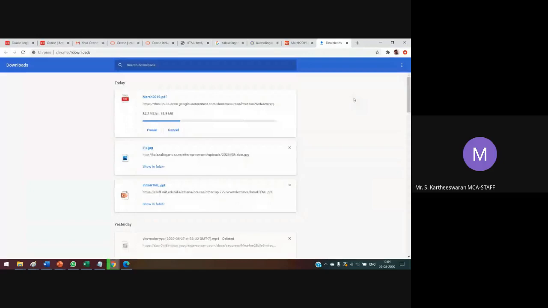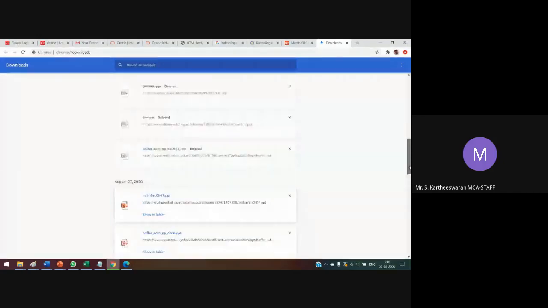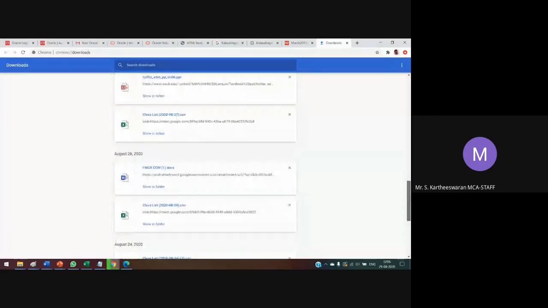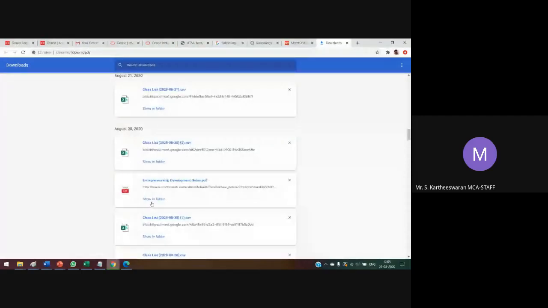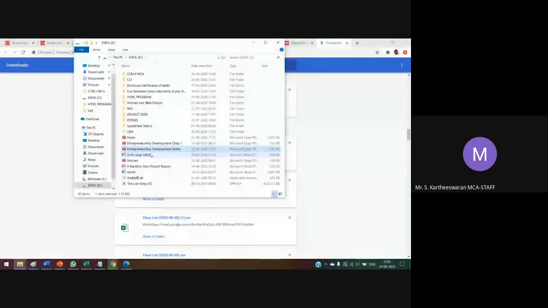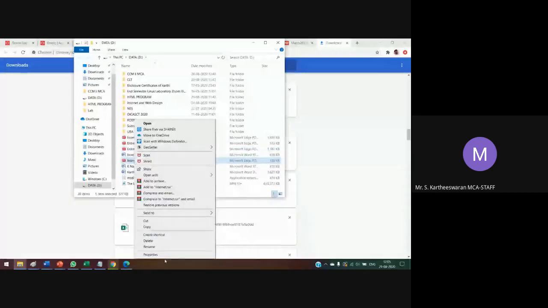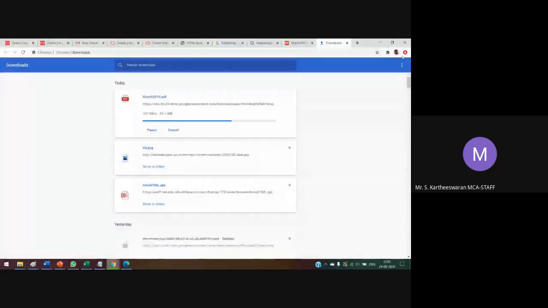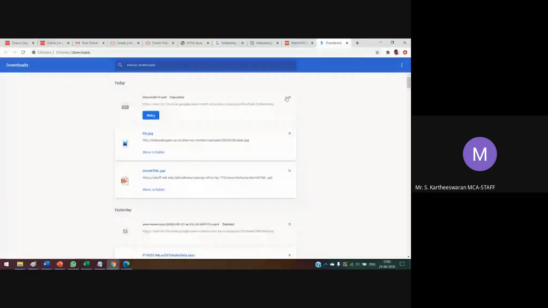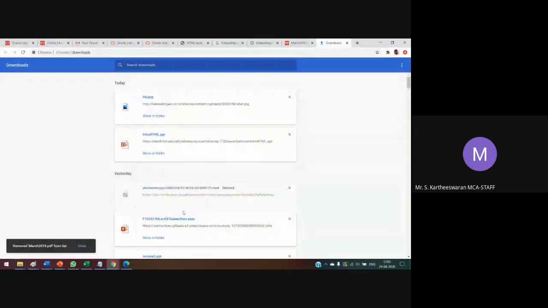Shall we move to the next document or exam? Okay. We have another file, entrepreneurs development. This is also an internet file. We have to skip this download because it is very large. Cancel. We are already using a lot of files, so we have to reduce the size.